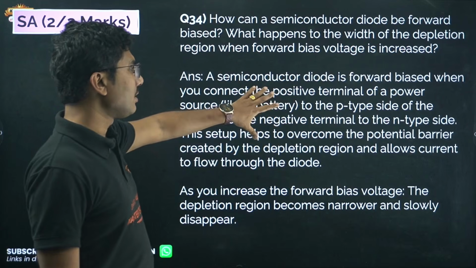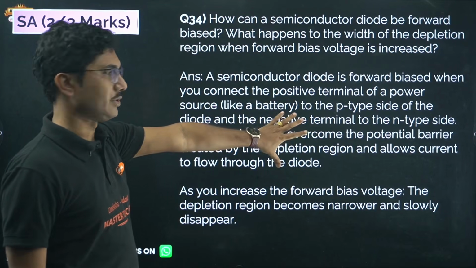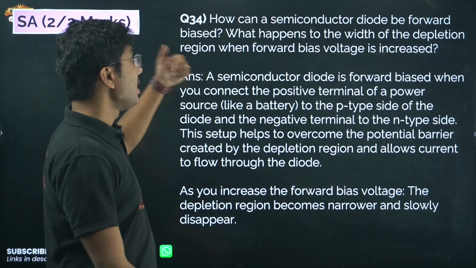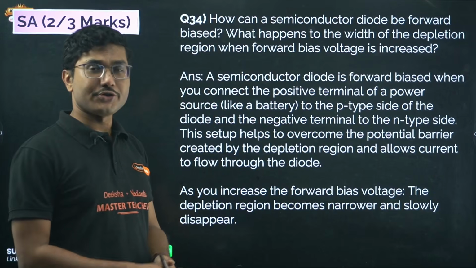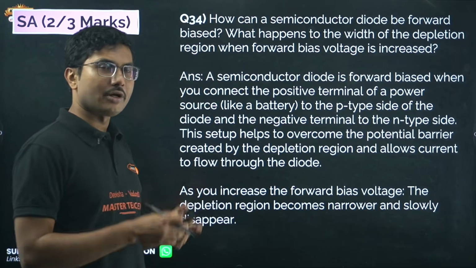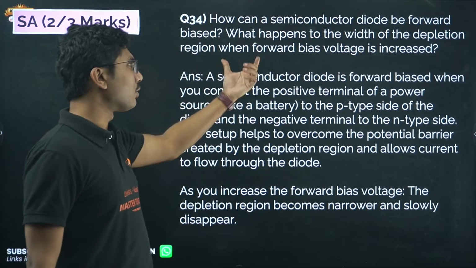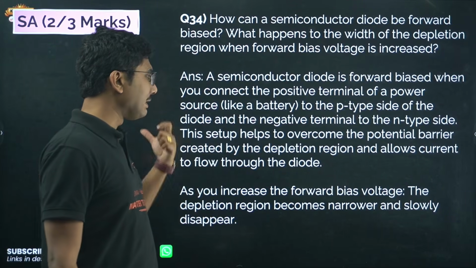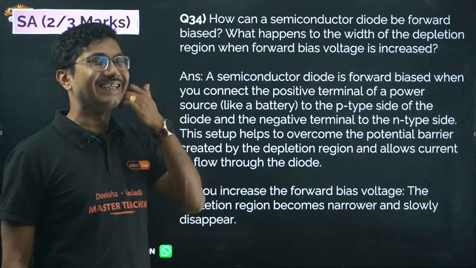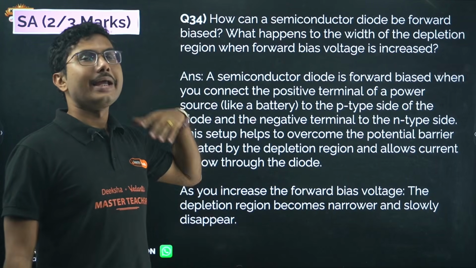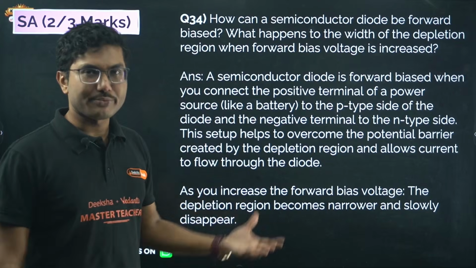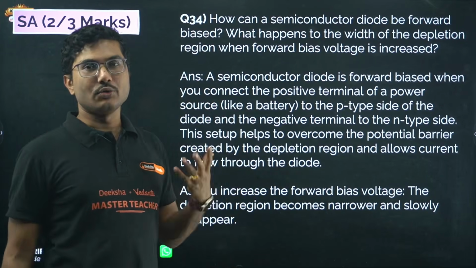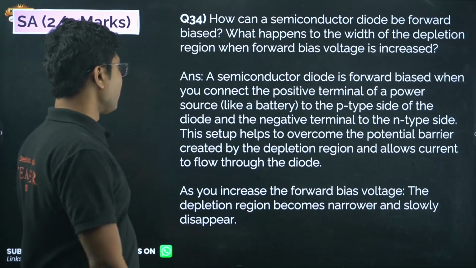Now this question alone is a 2-marker question. From this chapter we are expecting a 2-marker question, not a 3-marker question. But if they ask you what happens to the depletion region when you increase the potential, then you have to answer this in case of forward bias and in case of reverse bias. That is also possible as a 2-marker question. So if you increase the forward bias voltage, the depletion region decreases and slowly disappears. Exactly the opposite happens in case of reverse bias. The depletion region width increases and there is no current flowing in the diode. Next,